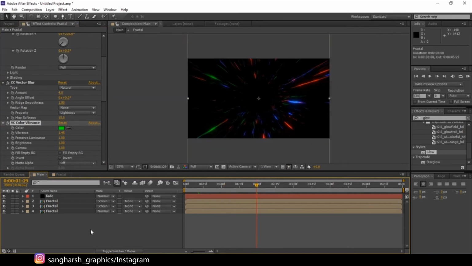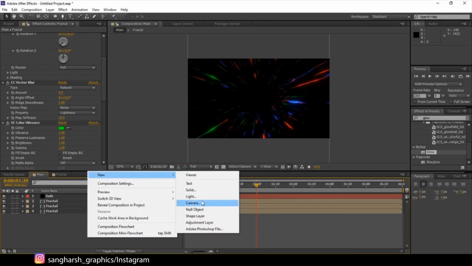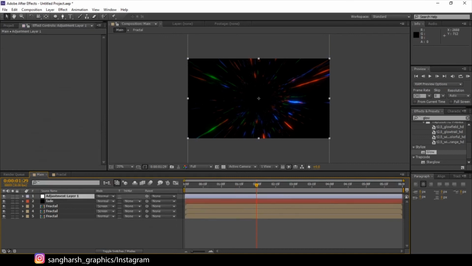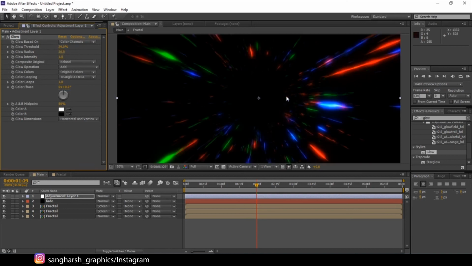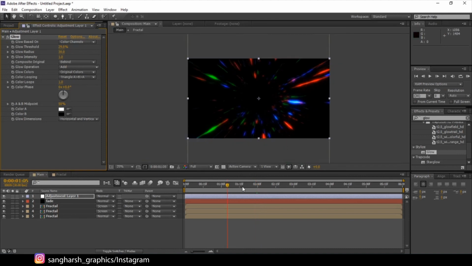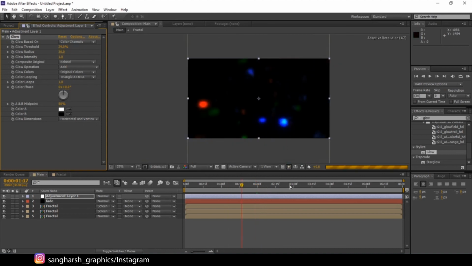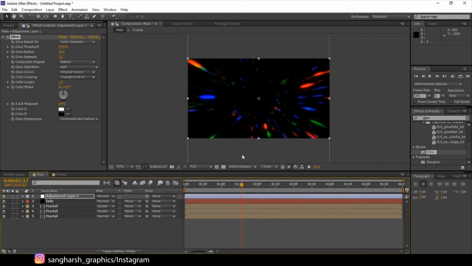Like this. Let's add a new adjustment layer. Again add a glow to it. Let's decrease the threshold to have glow like this. Let's increase the radius to 30. It will add a last final glow to all of your lines. Like this.